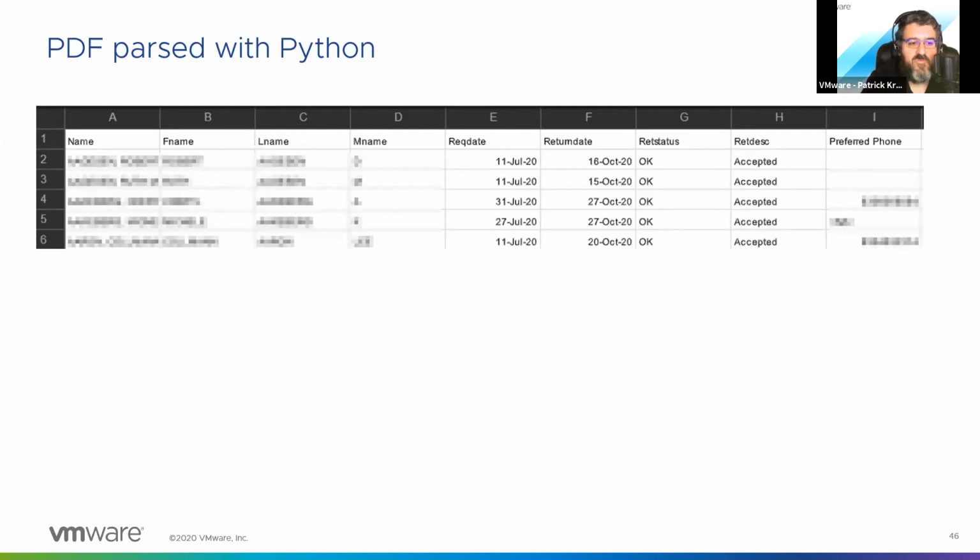The first iteration could just extract the text. And then the next iteration was able to parse out rows and columns, which was really interesting, considering there were no delimiters. That was kind of a pain to figure out. But by the end, I was able to extract the data and take the knowledge that I learned doing this and incorporate it in some of the open source stuff that I've been able to do at VMware. So really a huge part of working in technology and a huge part of what you do on-prem running VMware infrastructure is seeing what other people have done and modifying it to your own purpose.